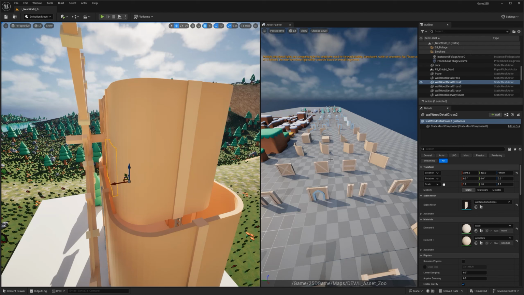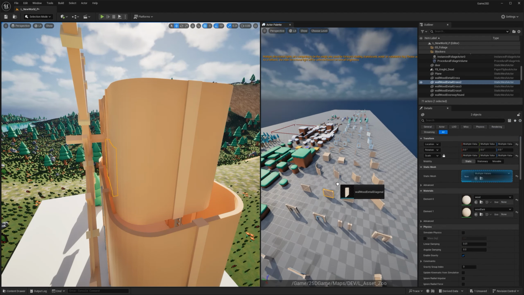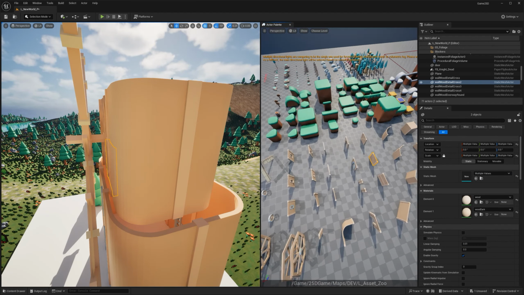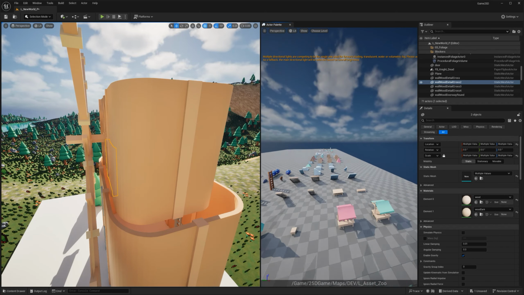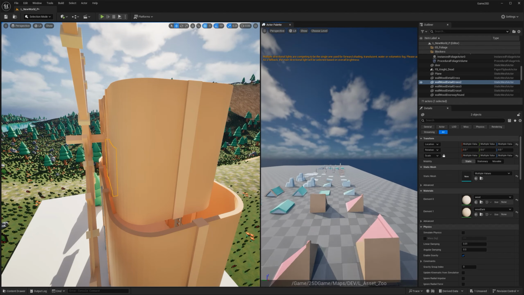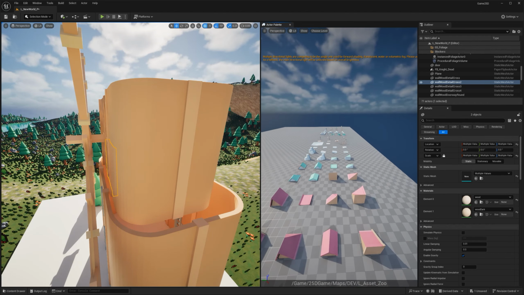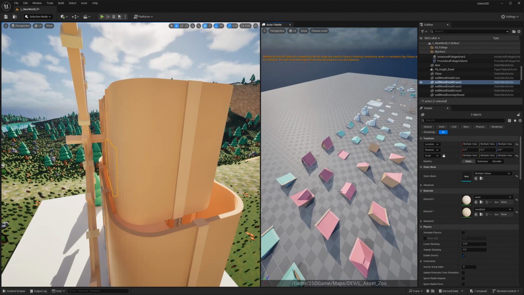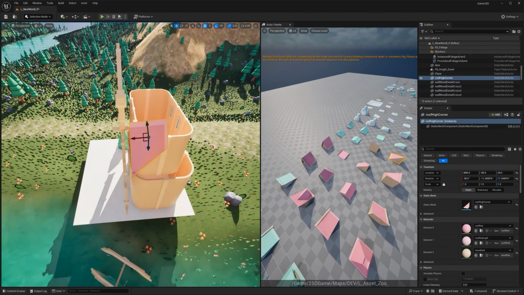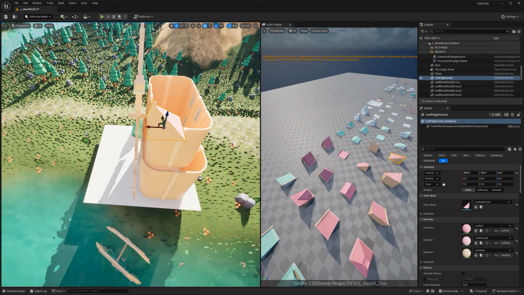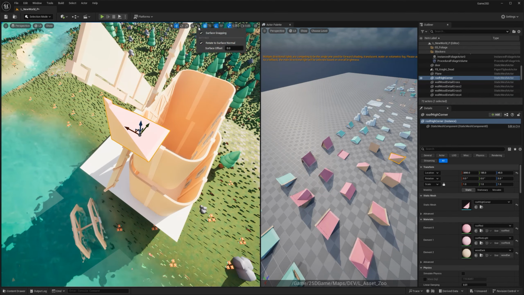Cool. I don't have an interesting floor piece there, so I'm just going to try to repurpose. Let's see if I can find anything here that might be good. Well, I have some ceiling pieces that might be useful, so I'm going to get one of these. Oh, reset the rotation. Snappy was on, that's why.